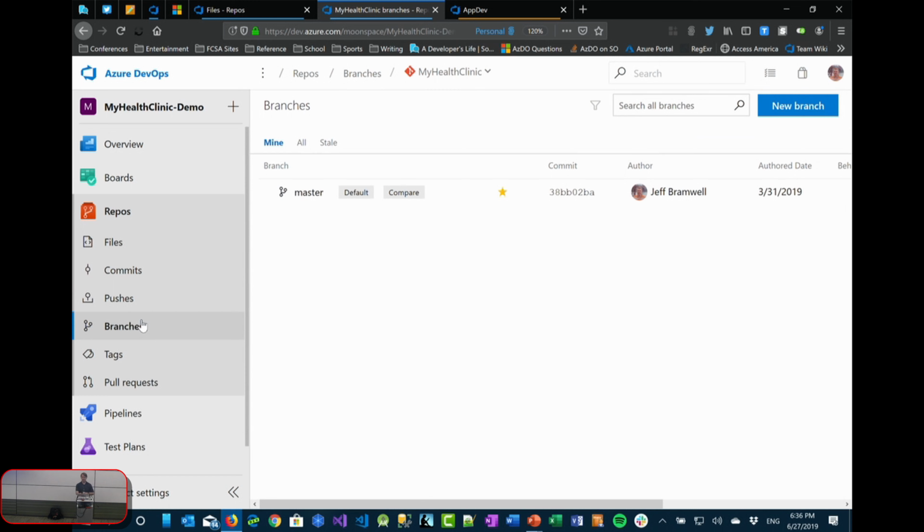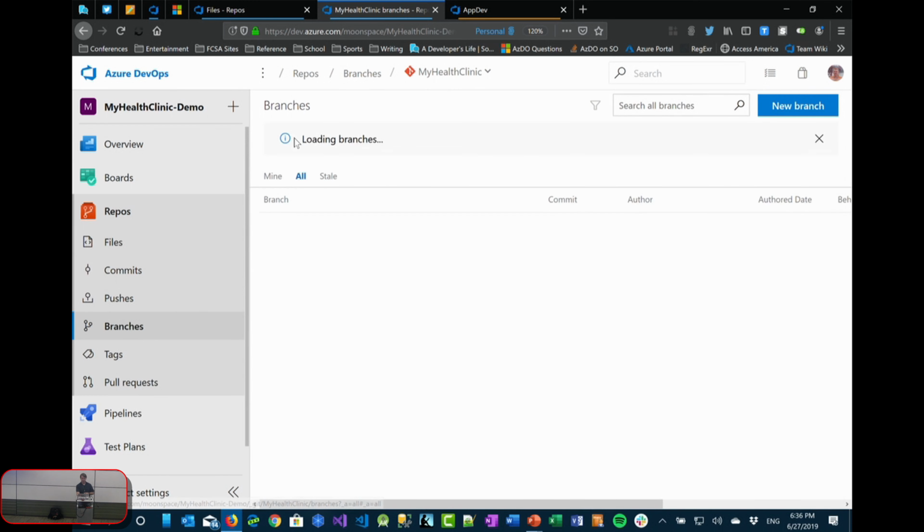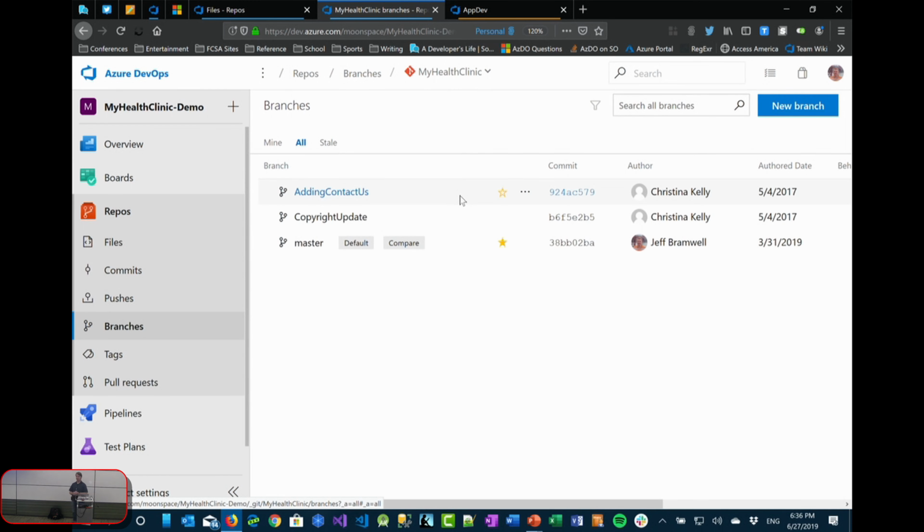And branches, this one has 3 branches in it, if I go to it. So if you're familiar with Git, you can create branches off your source code. That might be like, for example, a feature branch. I picked up this work item or this card that wants this feature, and I can actually branch from that card. Within the card, say, create a new branch for this thing, and it'll automatically tie that card to the branch.